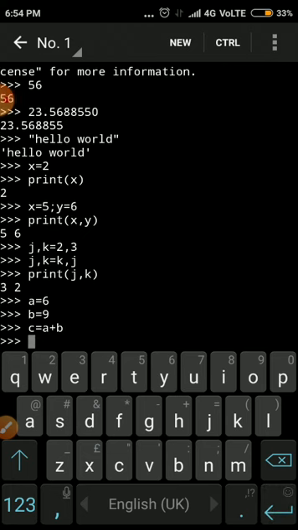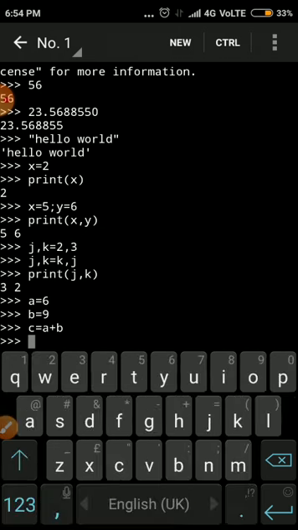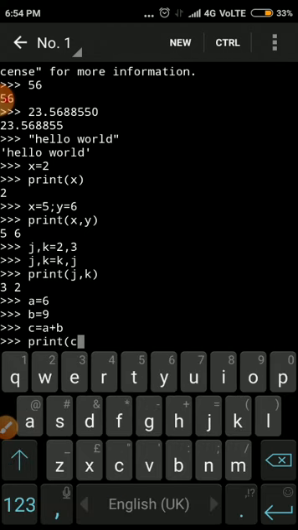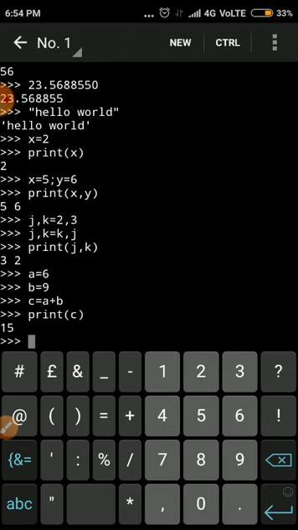This is also okay, so Python does not show any error. Then we again call the print function, opening bracket, the name of the variable, close it, then press enter key. Immediately it gives the result 15.